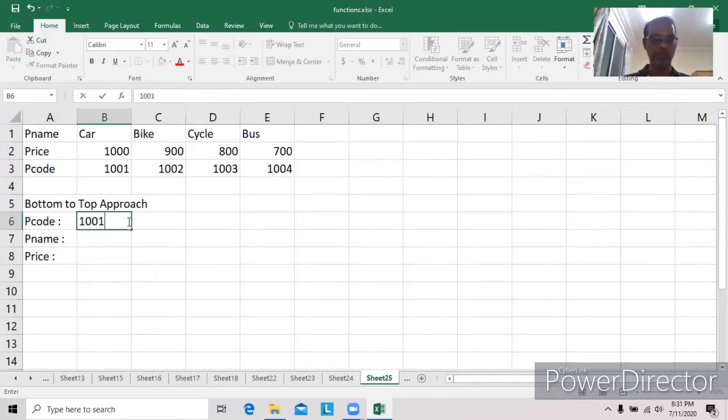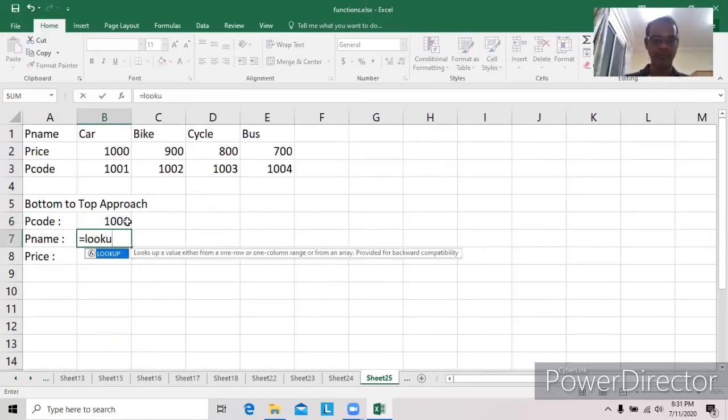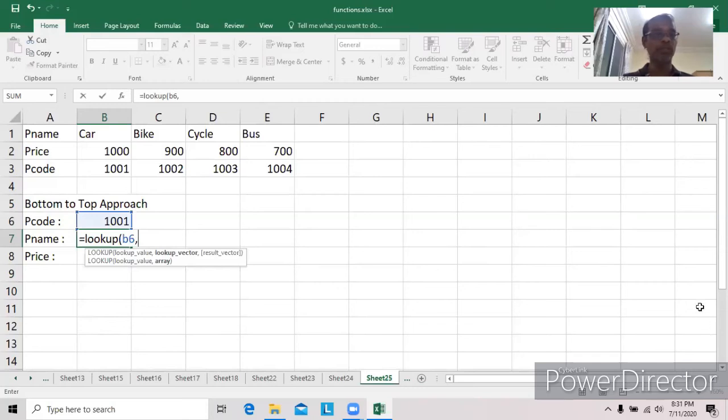For example, 1001 equal to lookup open bracket, that is B6. Here the lookup row is B3 colon E3, comma. Then P name, the result row is B1 colon E1.